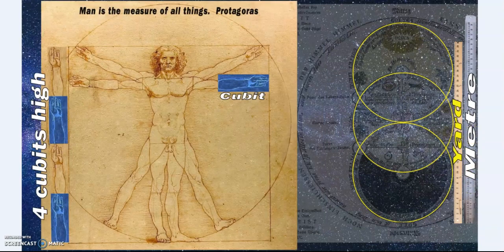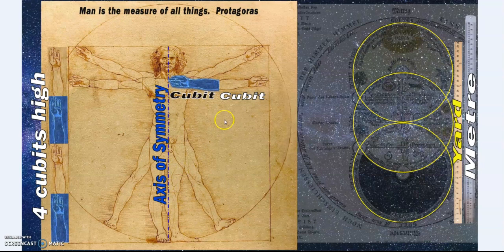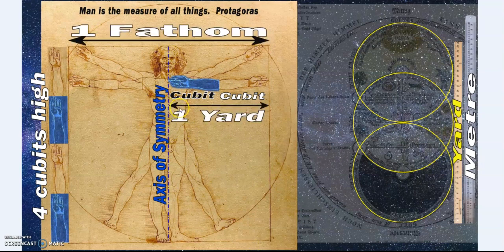Back to Vitruvian man, so we see the concept of a cubit. The height of the man is equal to fingertip to fingertip. That's by definition an idealized man should be 4 cubits high, 4 cubits wide. You have an axis of symmetry, so 2 cubits creates an axis of symmetry, and that would make half of a man's height or half of a man's fingertip to fingertip 1 yard or 1